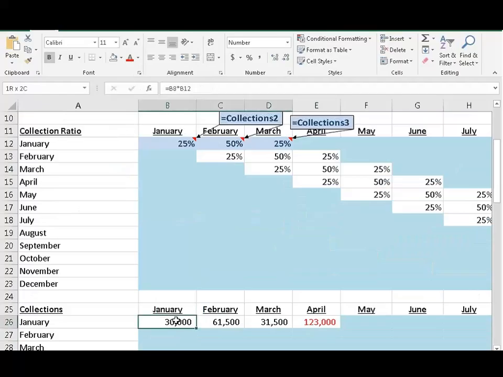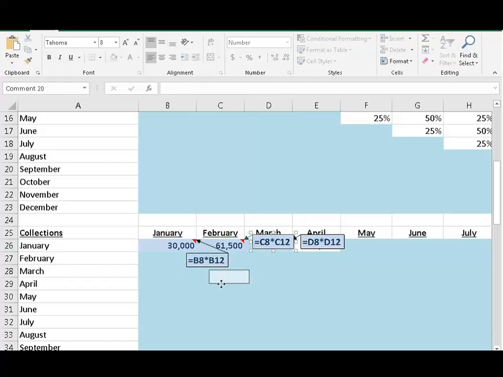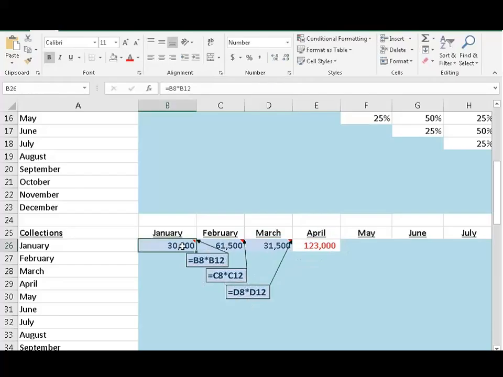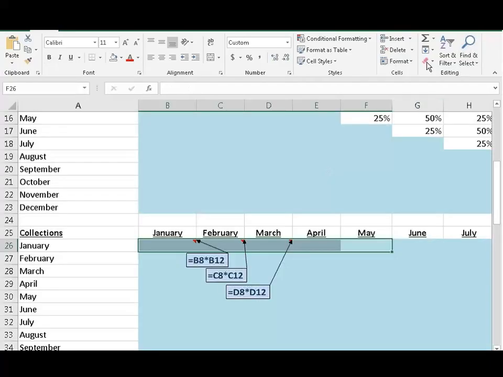The reason that we ended up with a different amount here is we're going to see there's B12, then C12, and then D12. So there's that drift coming into play again. Now, I could go in and put a dollar sign there, but then on each row, I'd have to go in and write the formula in that fashion. And anytime I find myself having to do things on an individual basis for each cell, that can cause its own separate issues. So what we're going to do